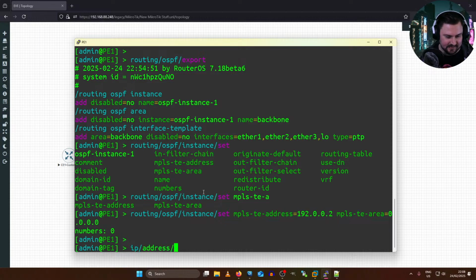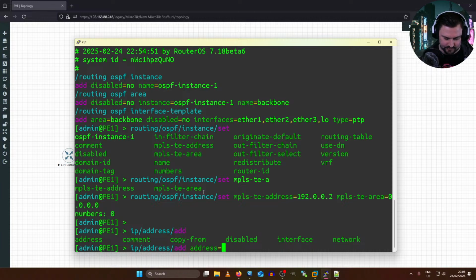So let's just add the IP address. This address is going to be 164.0.0/31 on my Ether12.